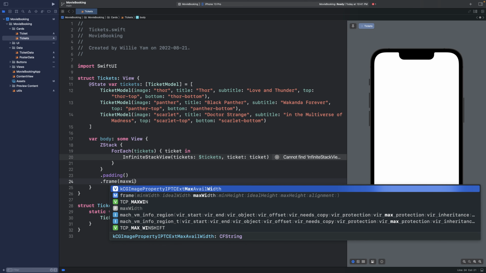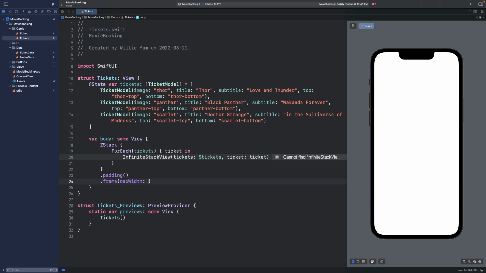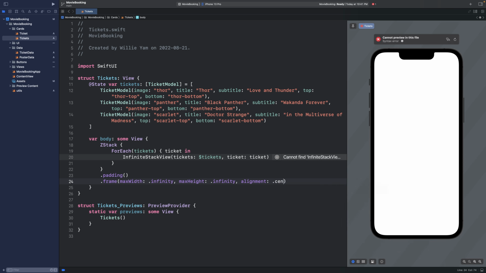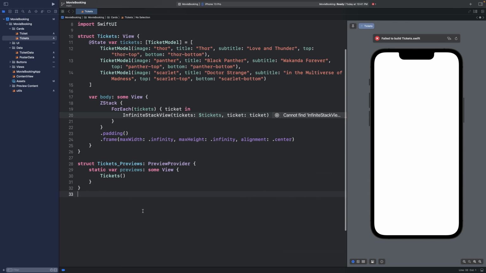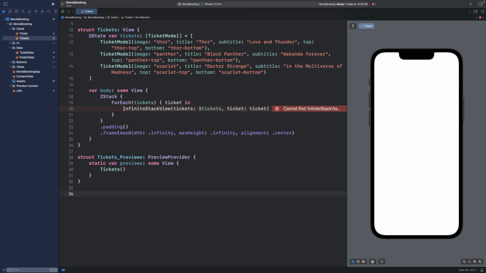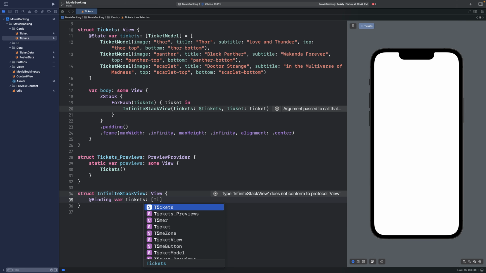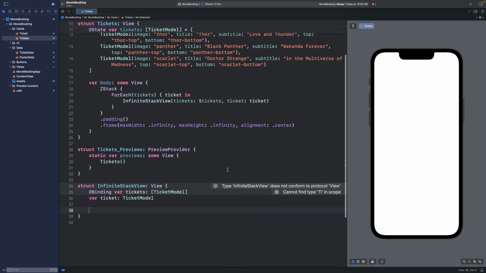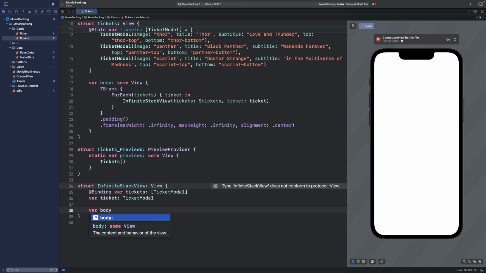So for the frame, I will use the whole thing. I'm going to use the maxWidth infinity, the maxHeight .infinity, and the alignment .center. Then right at the bottom over here, let's declare the InfiniteStackView. So start with the struct. So here, let's use the Binding tickets, which is of type TicketModel, and also the var ticket, which is TicketModel. And then we can have our var body: some View,